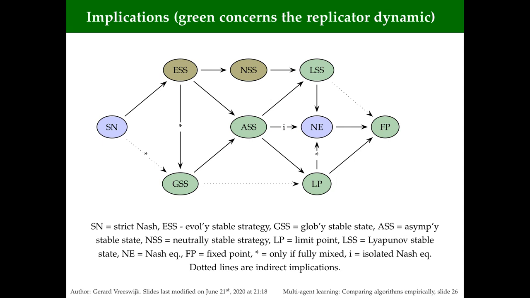If you have difficulties recalling this picture, then look up my presentation on the replicated dynamic. And also, if you start in the interior, the star denotes the interior, of the strategy space, so every strategy receives a non-zero proportion, and the dynamic converges in the replicated dynamic, then you know for sure this is a Nash equilibrium.